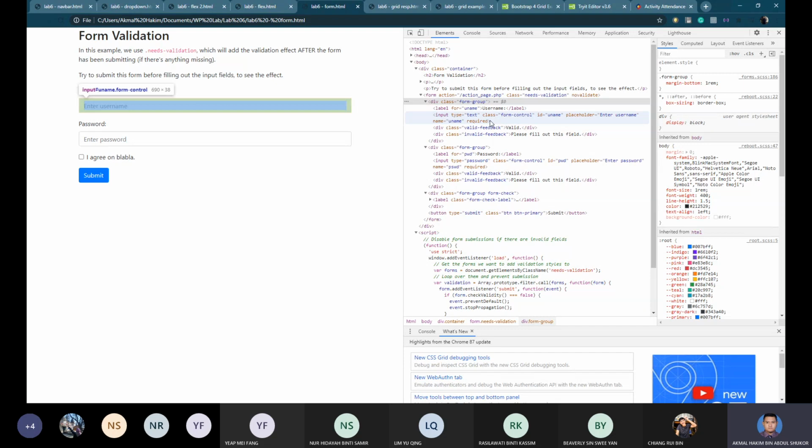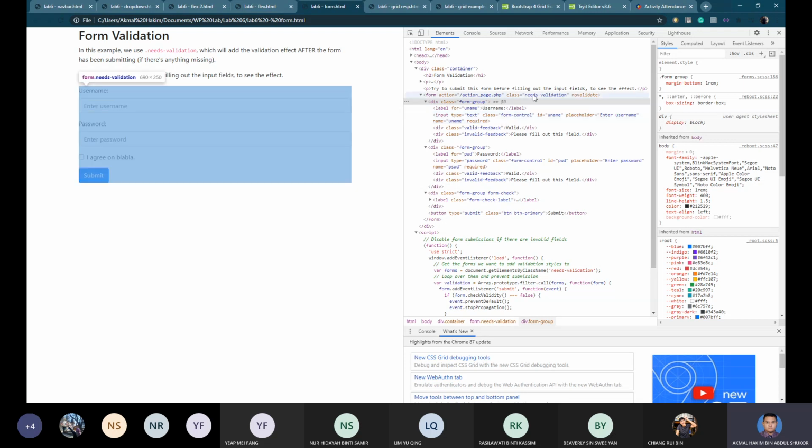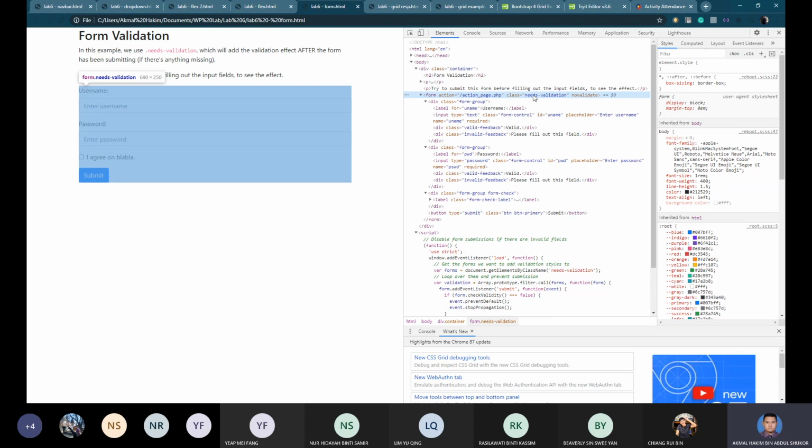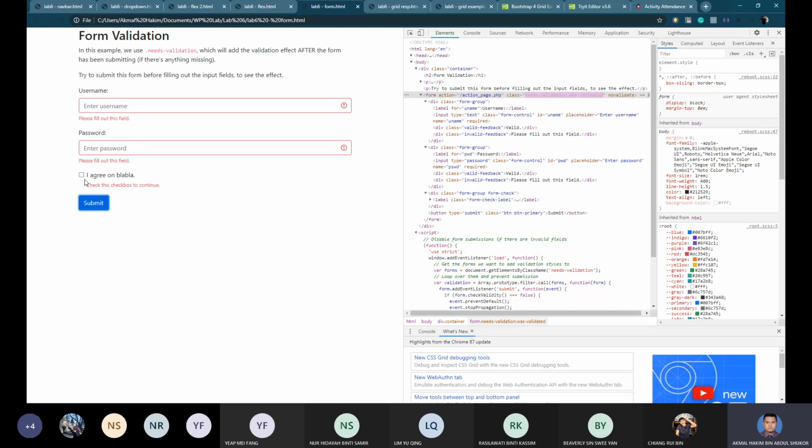But before that, you can put this required on each input tag as normal, but you can see that in the class form here, you put needs validation. So when you put needs validation, the entire form needs validation. So you still need to put required one by one, but the function of it is different. So for example, if I put submit here, you can see that